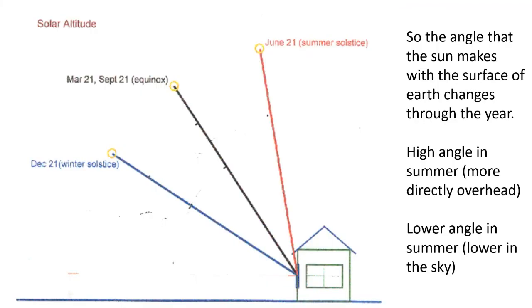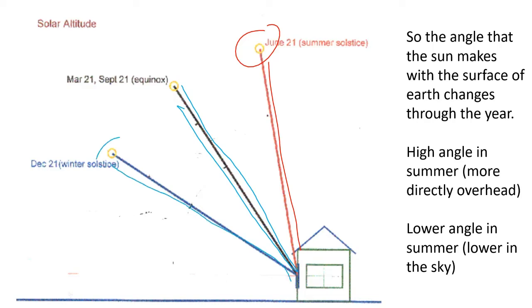Something like this. In the summer, June 22nd, the sun might be way up here. Make that angle. In March and September, those special days where the sunlight is equal in both hemispheres, it will kind of split the middle. But in December, that sun's going to be way lower in the sky because our hemisphere is pointing away.